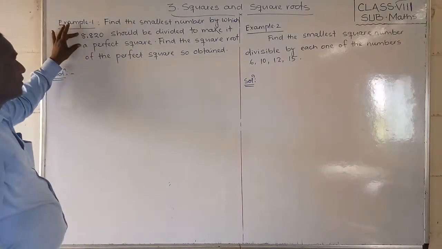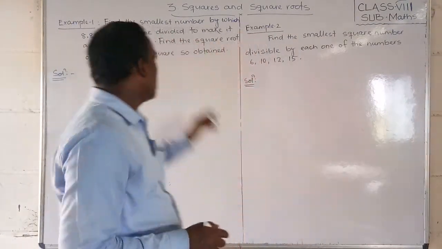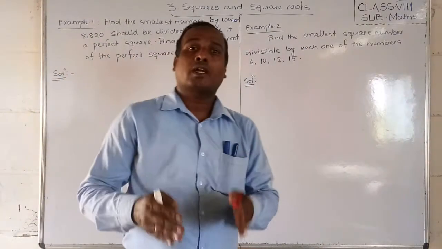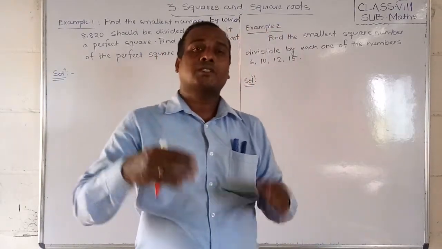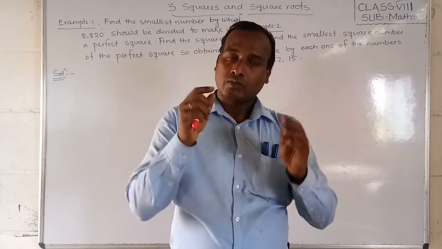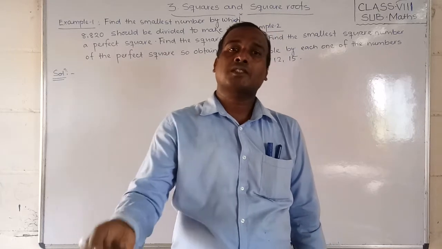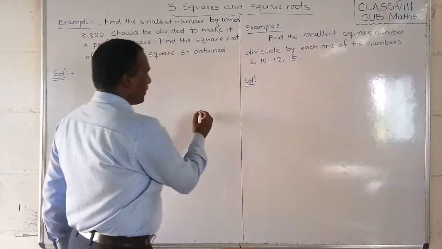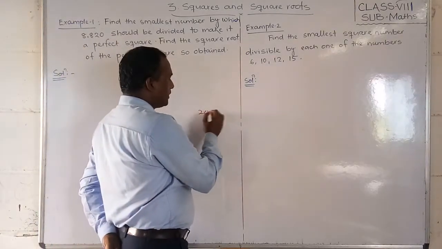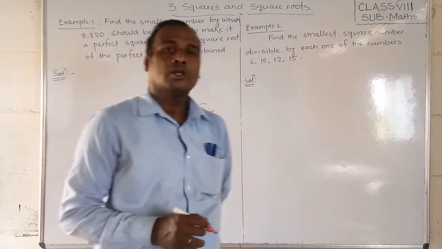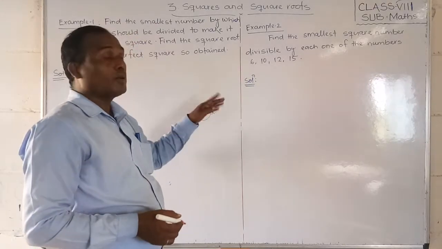So we have to divide this number by the smallest number such that it will become a perfect square number. Like I have told you, which smallest number we multiply so that the number becomes a perfect square. We are doing prime factorization, you have to make pairs, and whichever is unpaired we have to multiply by the same number. Suppose I take 20. Is 20 a perfect square? No. So which smallest number will we multiply so that it becomes a perfect square?